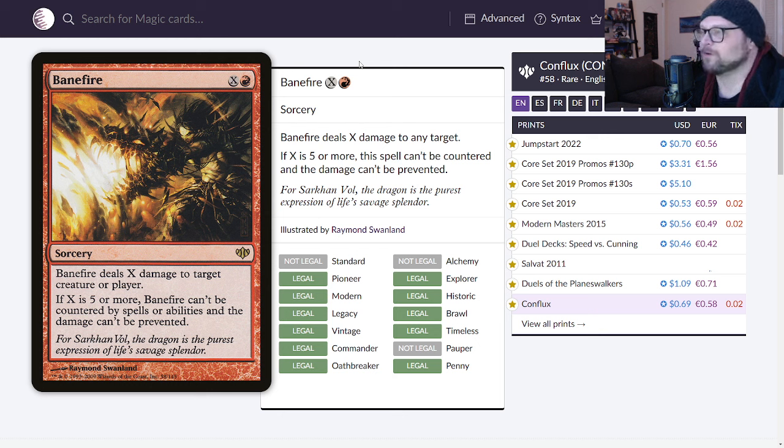What's the worst thing that can happen to your fireball? It gets countered. Well, Banefire. Strictly upgraded Blaze is a pretty good Magic card. So, got a pretty good run here of cards. I'll go with a 6.1 for Banefire. You're not going to play it in Commander too often or anything, but it's still,